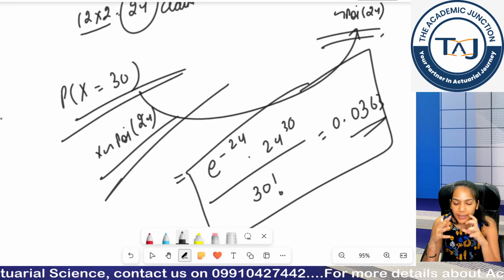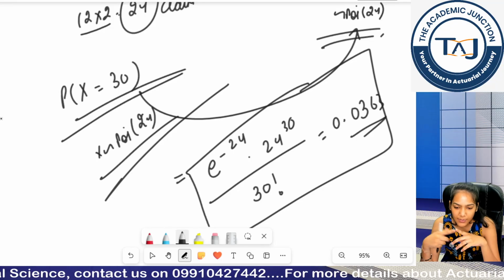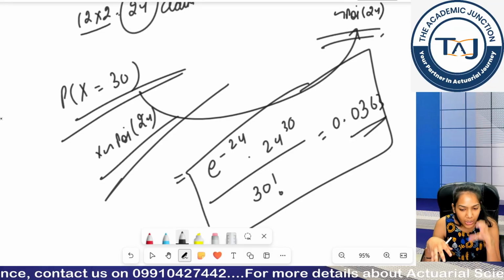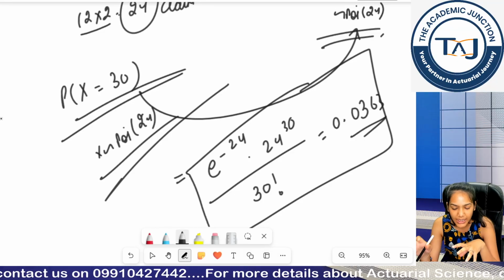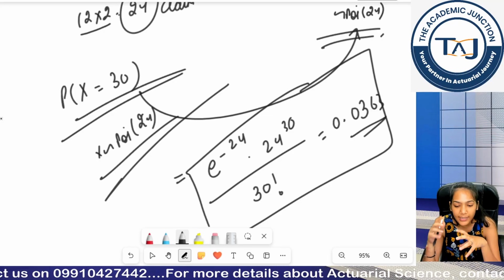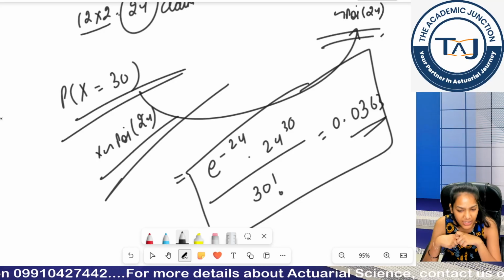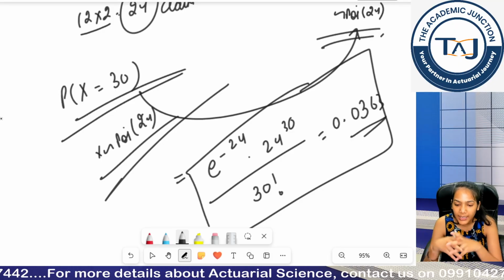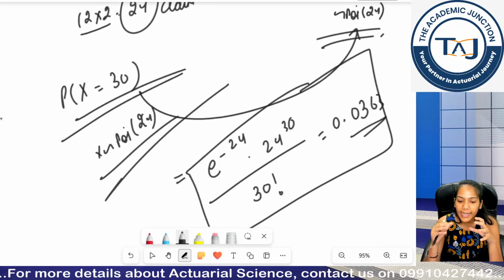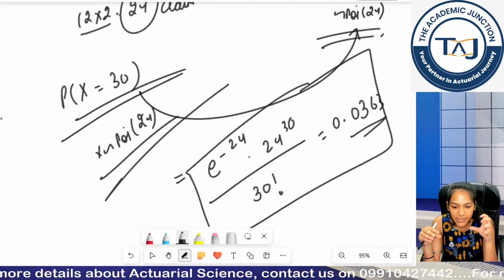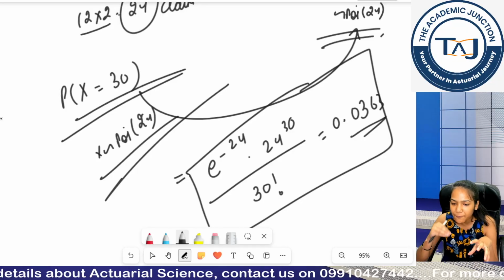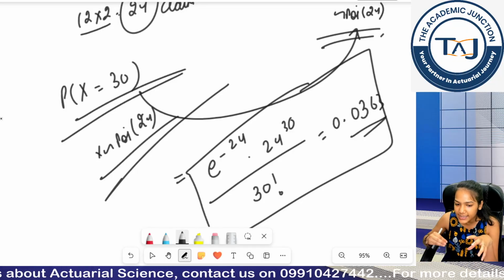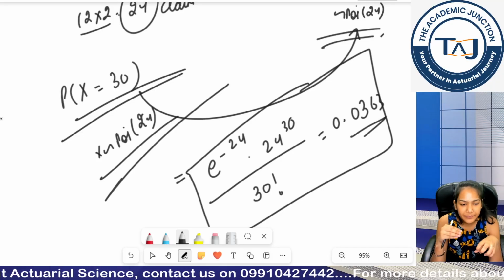Then we moved forward to our next distribution, which was not so important, not given in your tables book but given in your material of IFoA and II. It was the hypergeometric distribution, where we have defined a population size of capital N, a sample size of small n, and k success events in the total population. I have to find the probability of getting x successes from my sample.